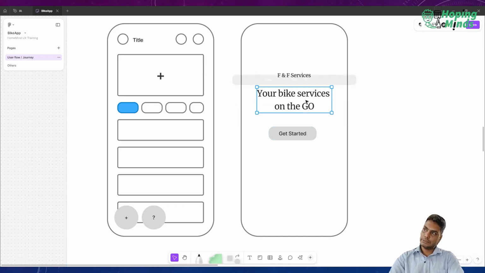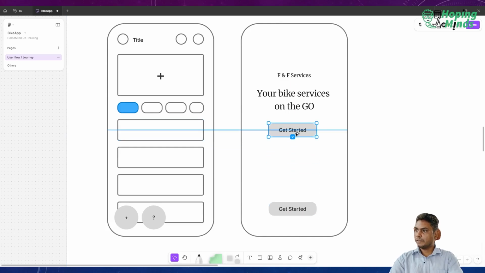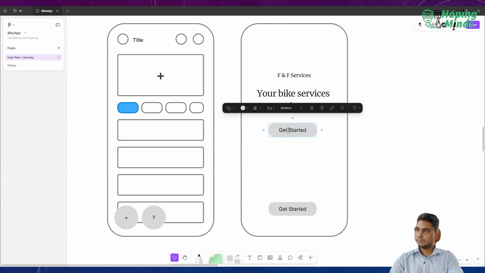Get started should take the user directly to the create account page. But if the user already has an account, we need to give them an option to either sign in or sign up. So we can give these two options here: